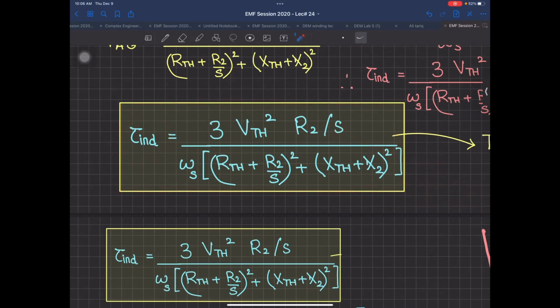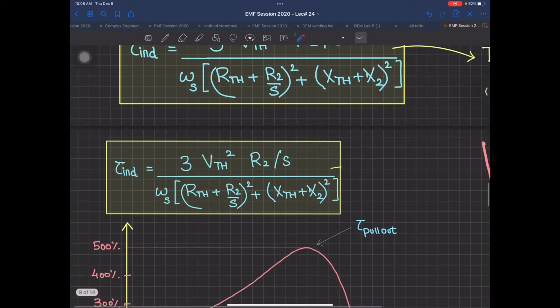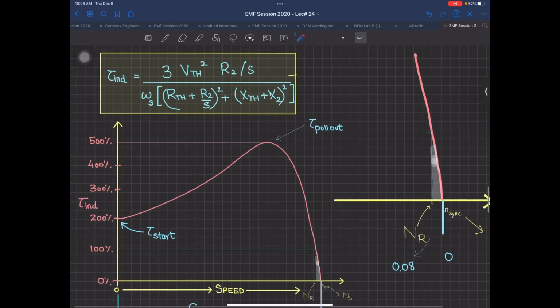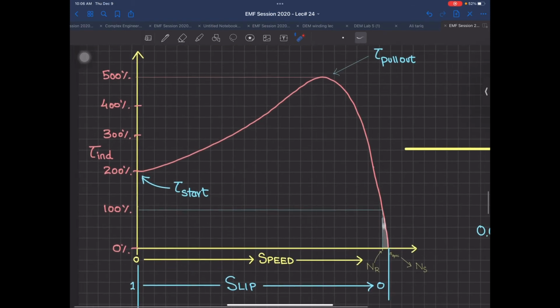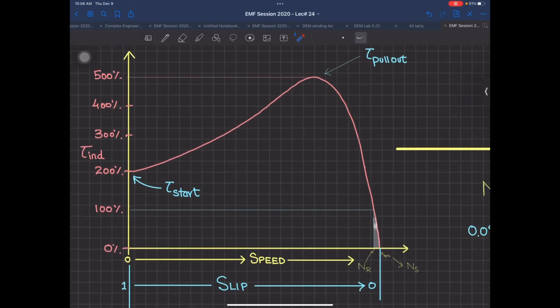So this means I'm not going to plot it from 0 to 1, I will plot it from something like 0.0121 approximately. So when I plot this equation of torque induced, I'm going to get something like this over here. Okay? Previously, if you remember your DC machines, whenever we used to find the torque and speed curve, we always had an equation, and based on that equation, we saw whether it was a straight line, a parabola or whatever.